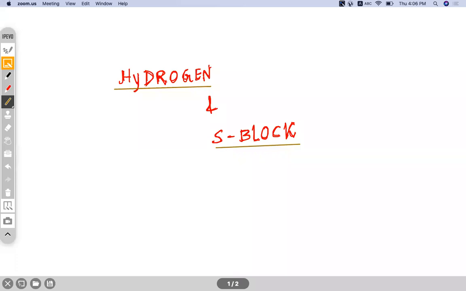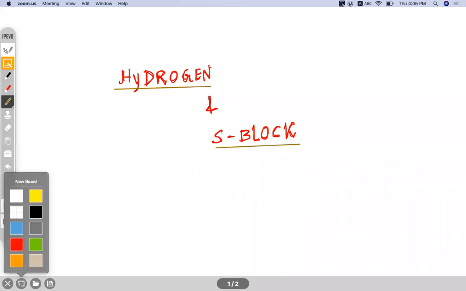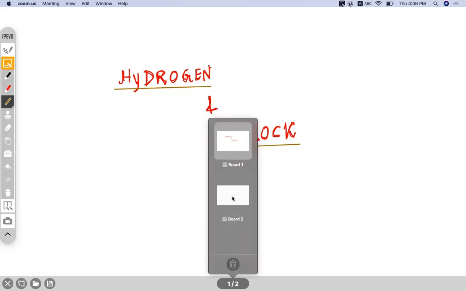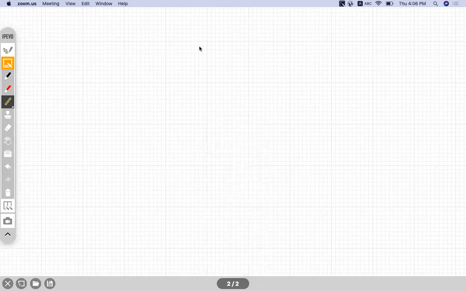Yes, so we have done the first method, where we use amalgamated metal in order to reduce the rate of the reaction so that the chances of catching fire will be less. When the reaction proceeds, it is a highly exothermic reaction, a huge amount of energy is released. So in order to reduce that, we use amalgamated metal. Now, the second method of preparation, all of you write down.